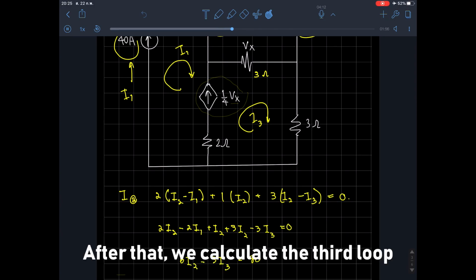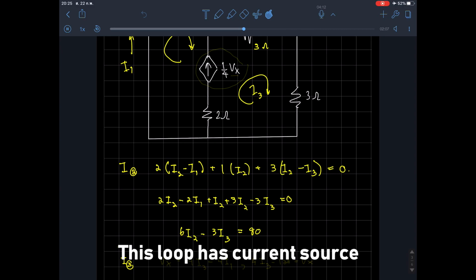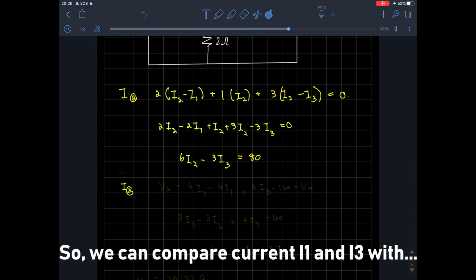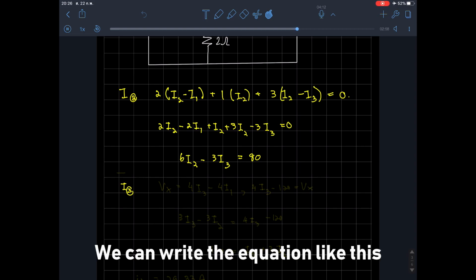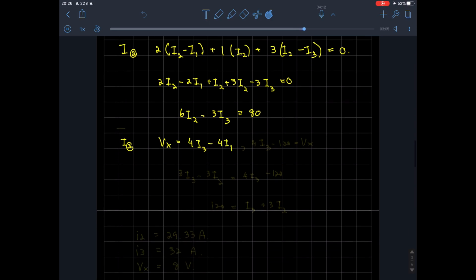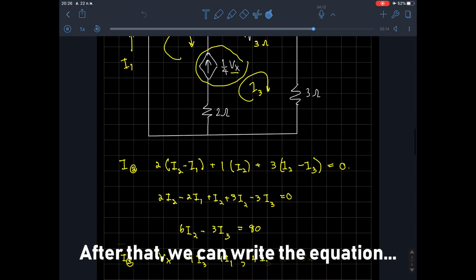After that, we calculate the third loop by using KVL again. This loop has a voltage source. So in I3 we can compare the currents I1 and I3 with this source, and we can write the equation like this. After that, we can write the equation